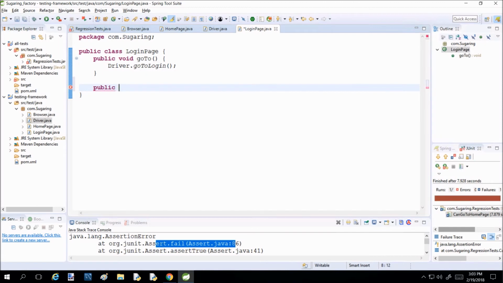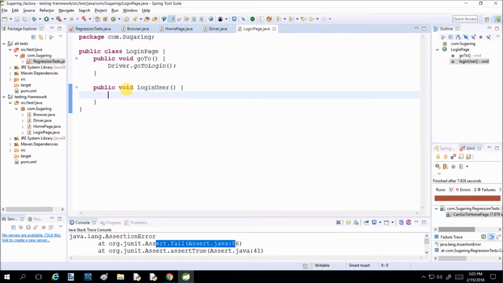We don't need to be static. And let's create that method. Yeah, public void login user, and let's create username and password. It's gonna be string username,